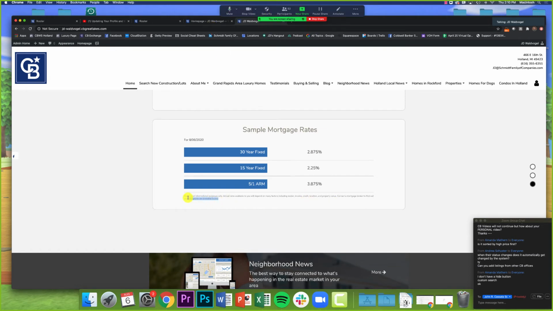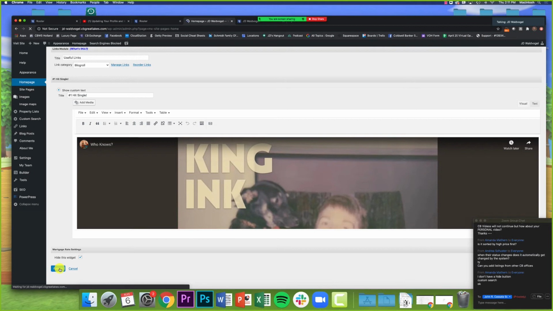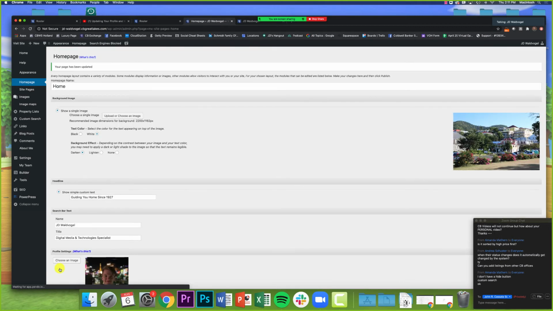But again, you can see they have a disclaimer now. Of course, I took my glasses off right when I tried to read that. For general purposes only. Actual rates available will depend on lenders and stuff like that. If you don't like the sample mortgage rates, though, if you don't want it there, again, you should have an option right here at the very bottom. You can tell it says mortgage rate settings, and I can just click hide this widget, check that box, and when I click publish,